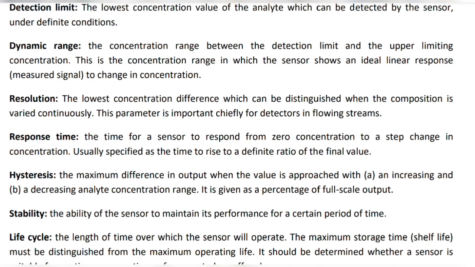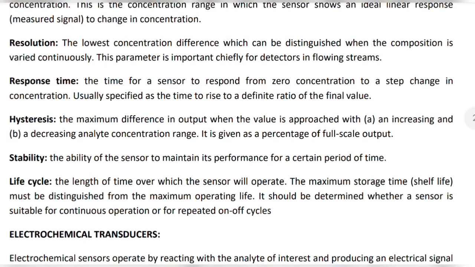If any difference is there, then this is not perfect hysteresis. Or if there is no change, then it will be a perfect hysteresis. Okay, so what is the maximum difference? What is the maximum difference in output? This is called hysteresis. Then stability means the ability of a sensor to maintain its performance for a certain period